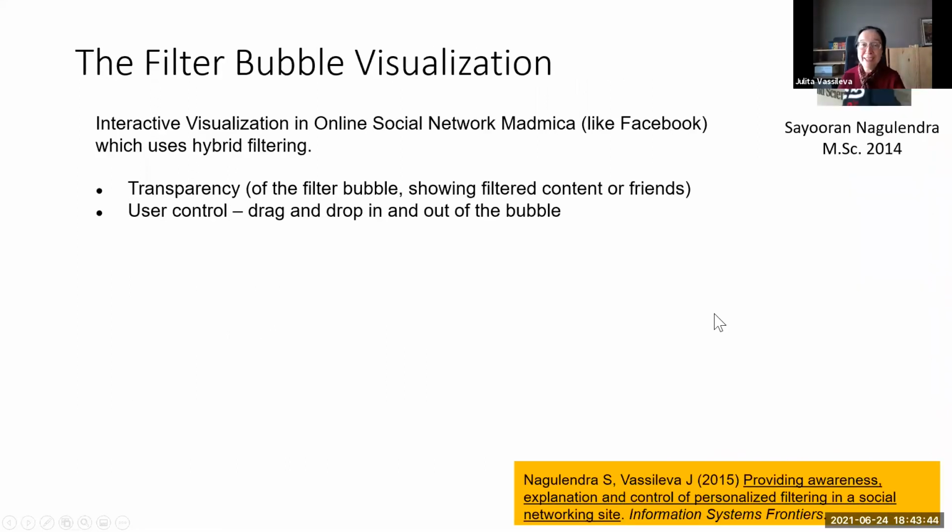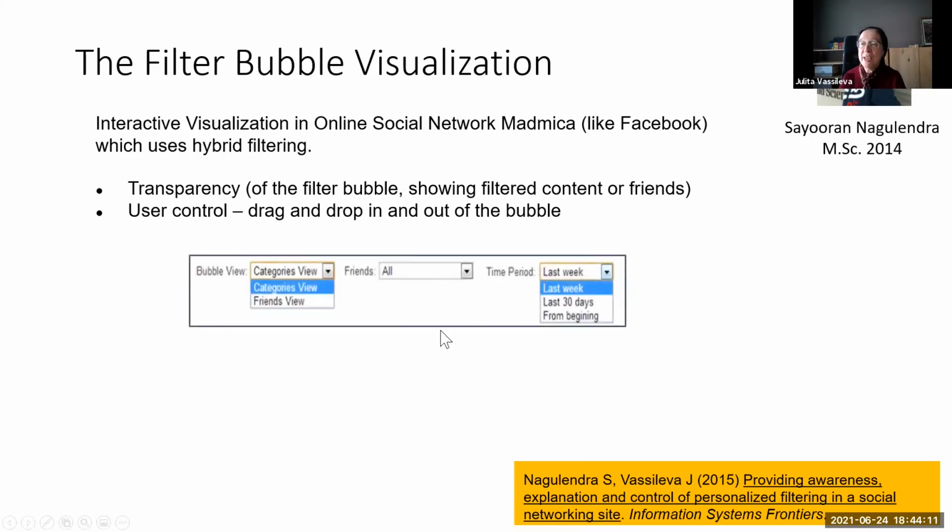Another one directly addresses the filter bubble. We built a simulation of Facebook, a peer-to-peer Medmica based on the Friendica platform. We also built a recommender system, a social recommender that was hybrid because it also had the possibility for tagging and topics. The visualization actually had two views, categories and friends view, and it would show your bubble, the user's bubble,